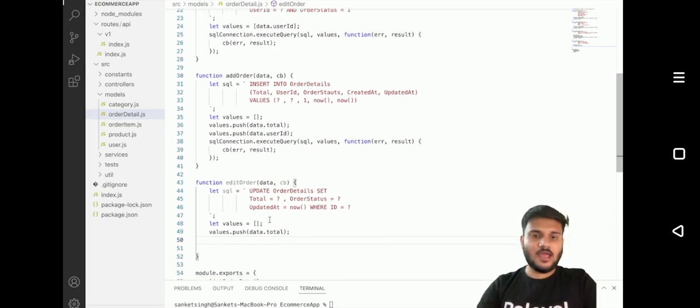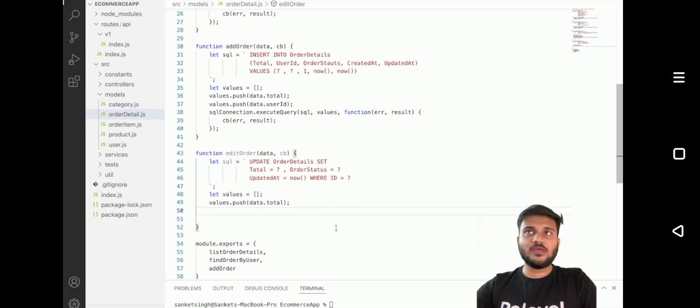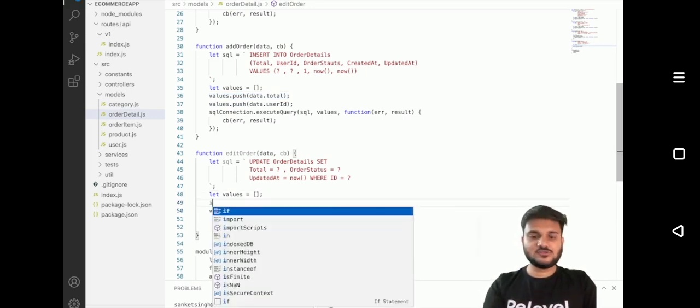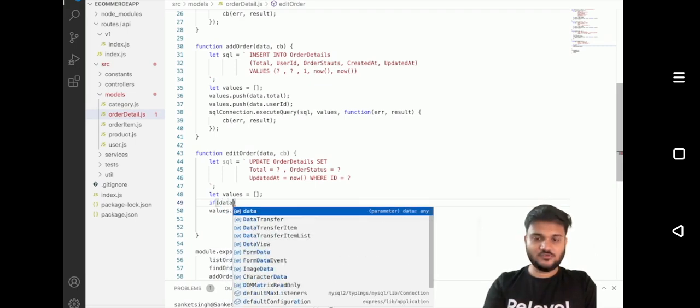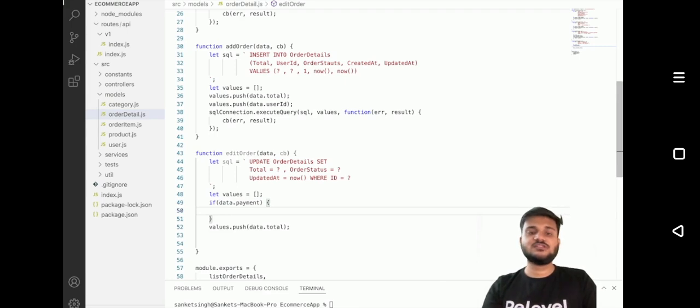Okay, and now let's think: whenever we are going to make some changes, that is going to be dependent on what action we are actually doing, right? So let's say if the user is making a payment, we'll have a payment parameter with us. This will be helpful in checkout. If the user is making a payment, we'll just pass the payment parameter and we'll update the status based on that. So we'll say that if data dot payment, then